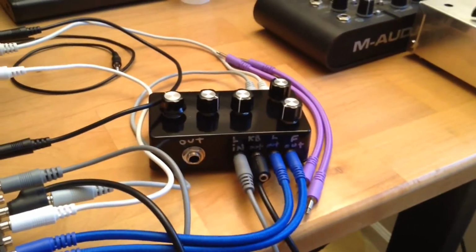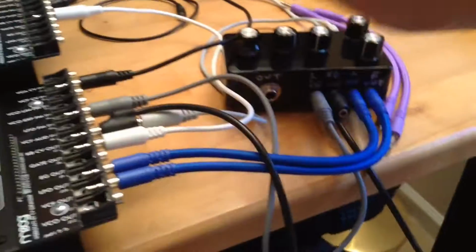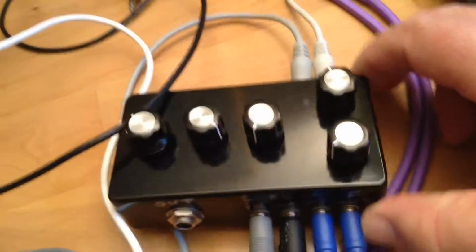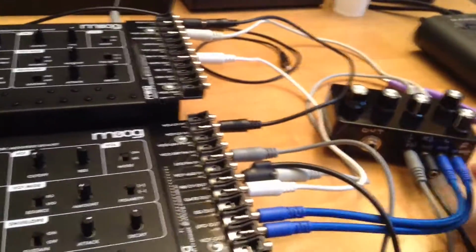I built a small breakout box for my Werkstatt that incorporates a 1M potentiometer for a volume control. I got an in and an out, if we can see it over here. Don't have it hooked up right now because I got it going through a mixing board, but it also contains